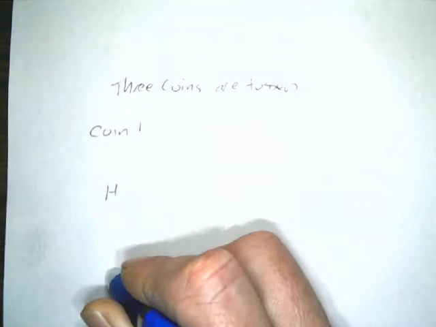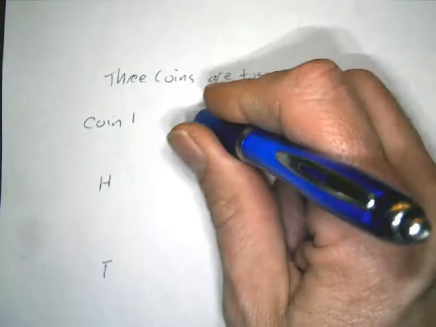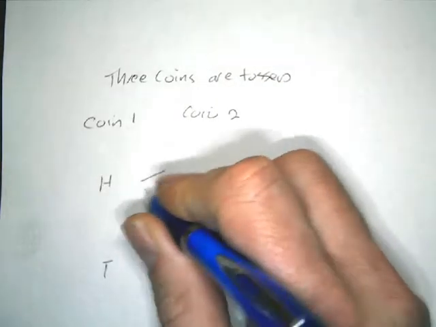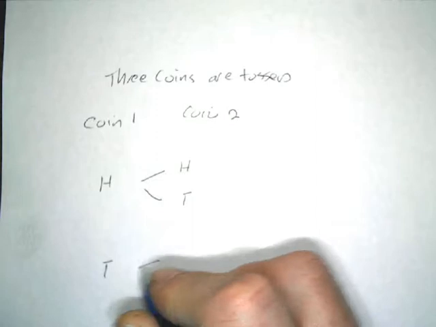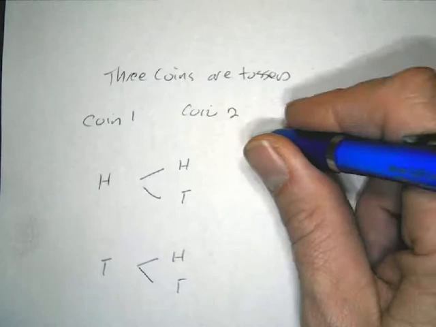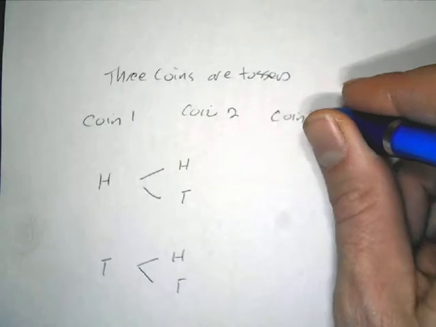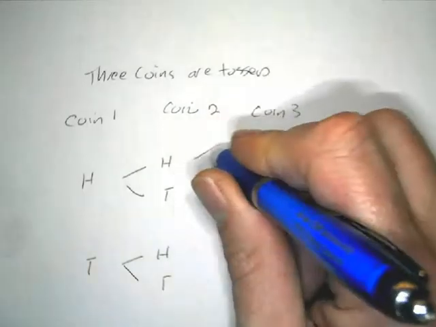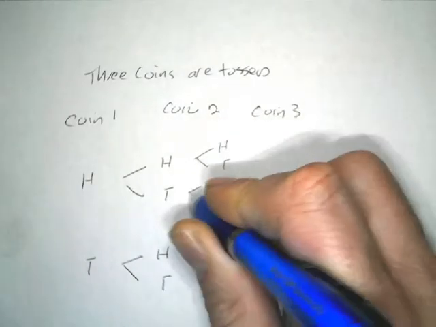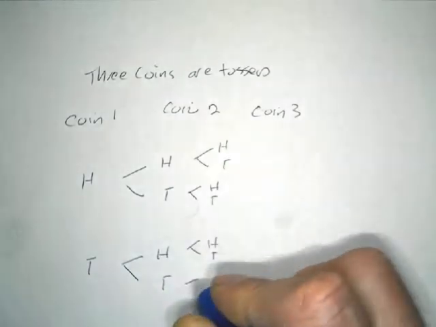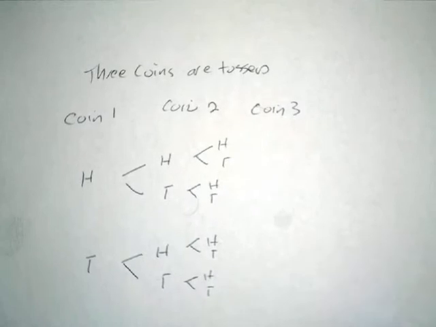If we have coin 1, we're either going to get heads or tails. Coin number 2, we could get heads or tails. If we add the third coin into our equation, what could we get? We could get heads or tails. So to count up our outcomes,